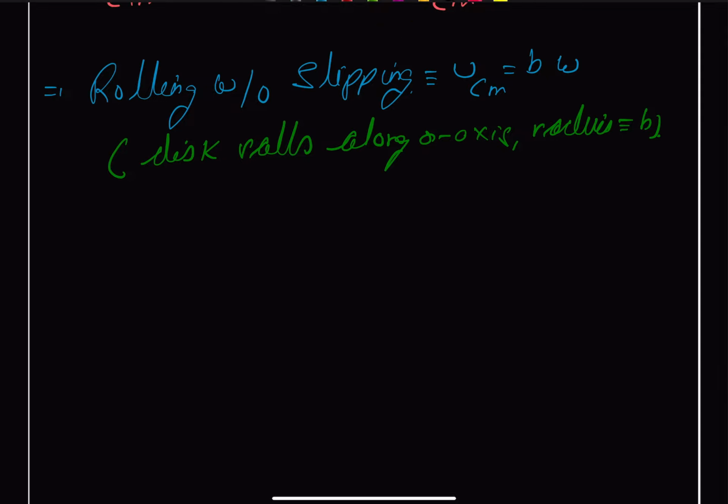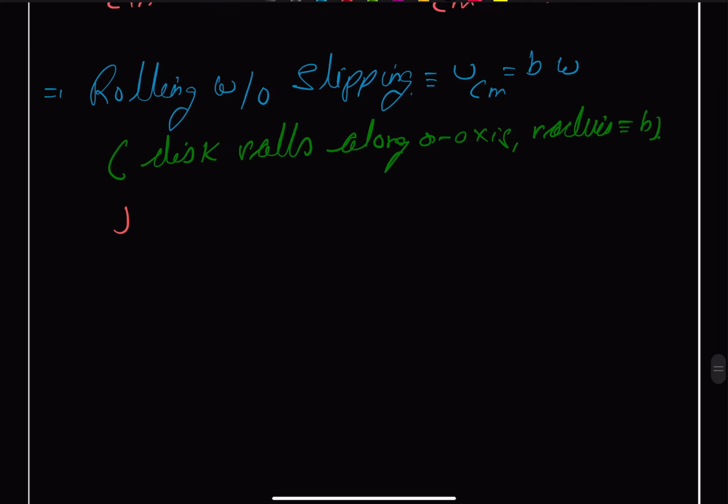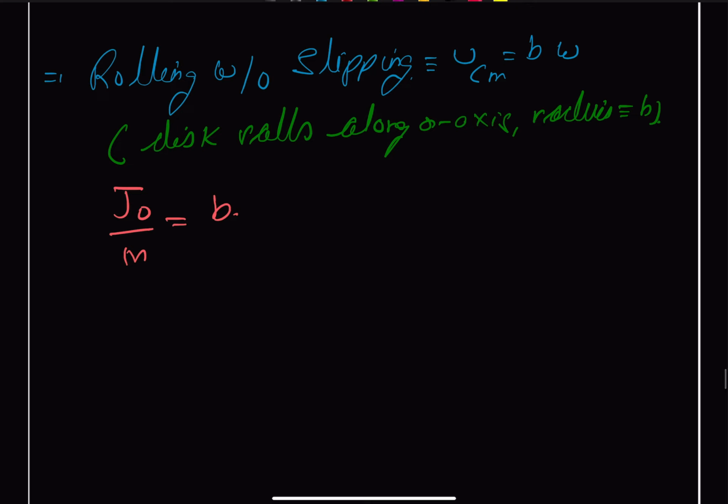Therefore, we can write that our VCM is our J0 upon m is equal to b, and omega we just found out is our J0 h upon m a square plus b square. And from here we get that our h is equal to this J0, m and m cancels out. We get h is equal to